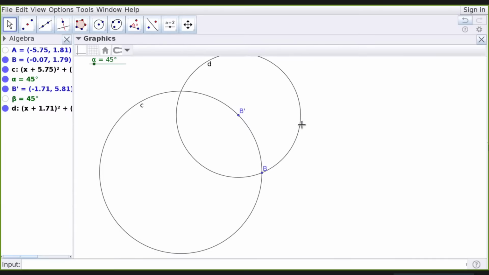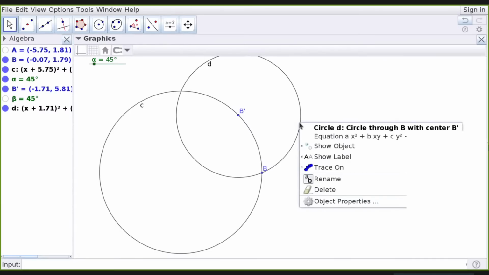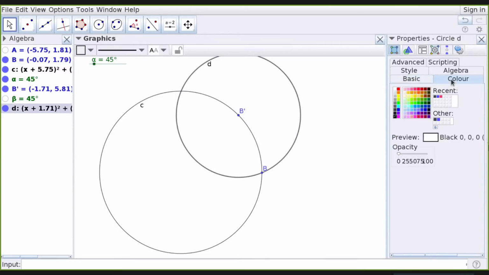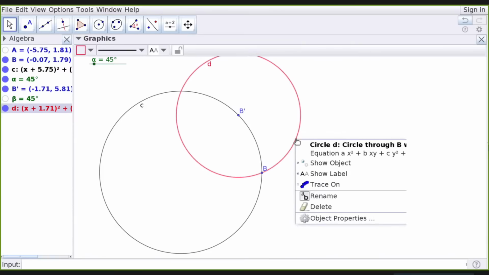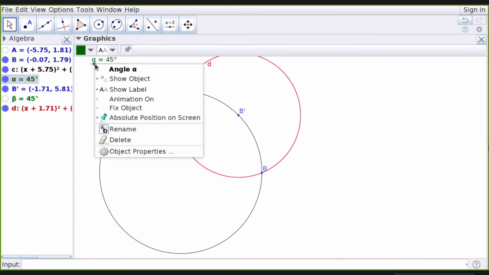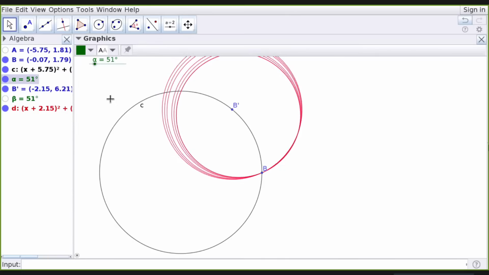Now I will right click on the circle, go to the object properties, then I can color it. I will make some color. Again right click on that one, I can give trace on. Then I will go to the alpha slider, right click on the slider, give animation.